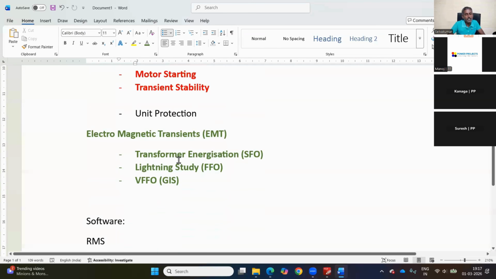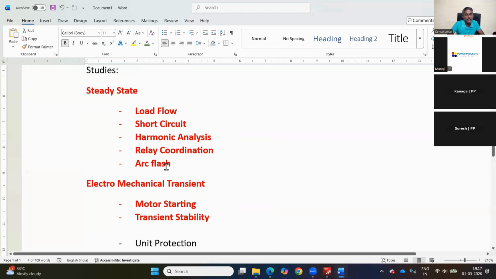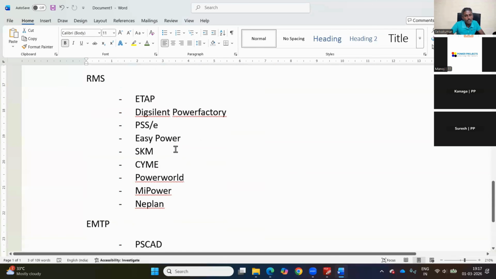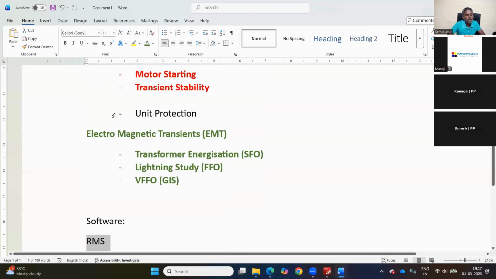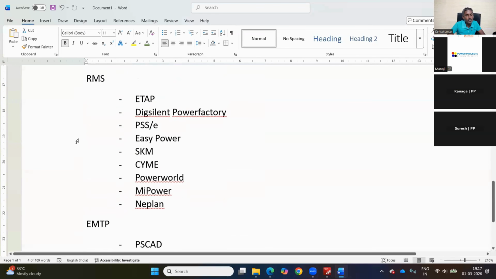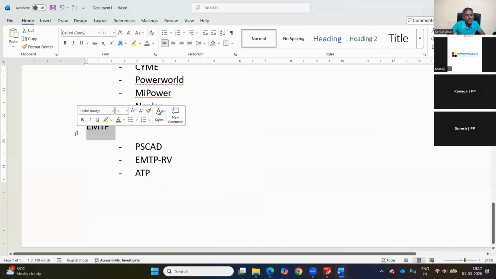Electromagnetic transients: transformer energization, which is also called slow front overvoltage or switching overvoltage; fast front overvoltage, which is lightning; very fast front overvoltage for a gas insulated substation. These all come under electromagnetic transients. Predominantly, the software in the market can perform steady state and electromechanical transients, which are classified as RMS simulation tools. And a few software packages can do electromagnetic transients. They are called EMTP, electromagnetic transient programs, where